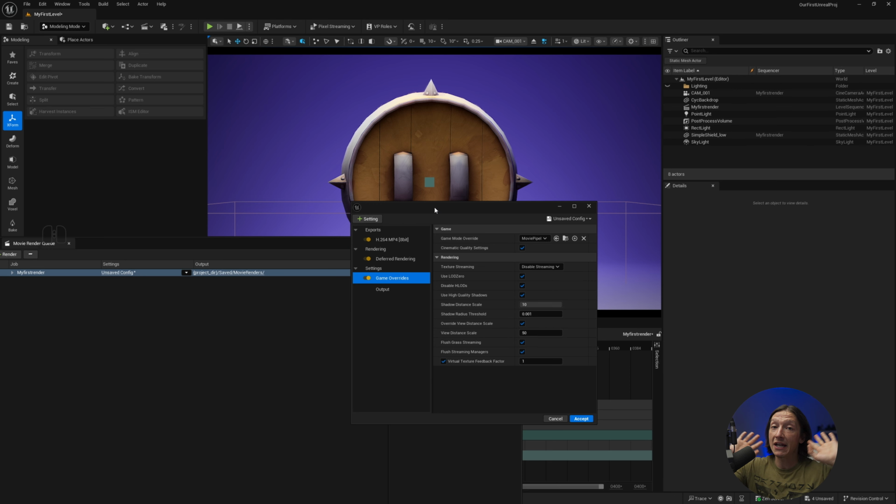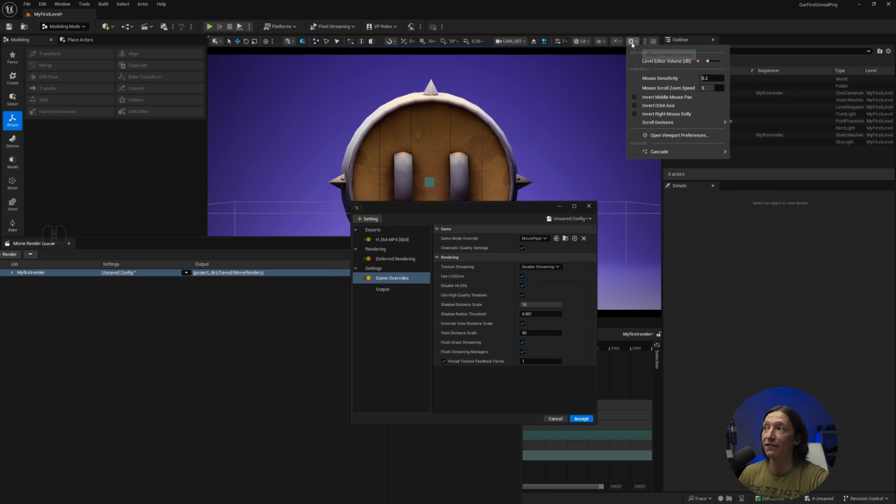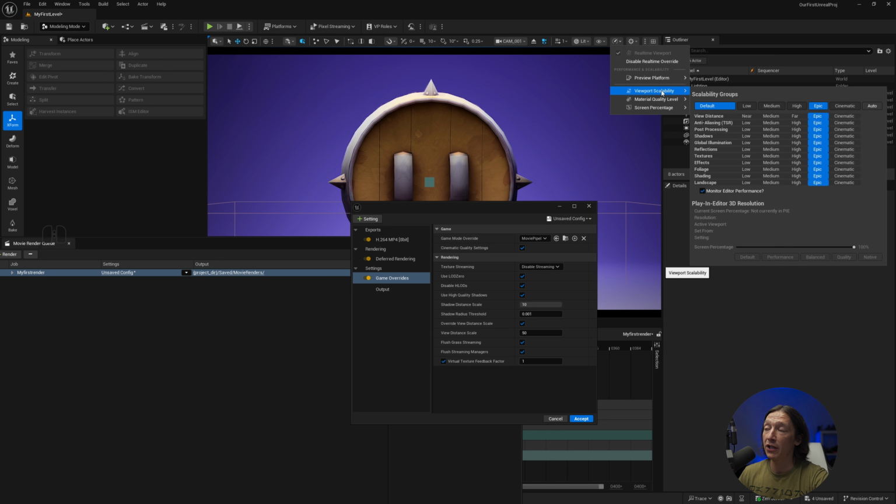It's not going to be an amazing thing unless you add in a bunch of cool visual effects and stuff, but it'll try and make it look as if it's the highest quality possible. Now, if you don't know what that quality is in Unreal, if you go to this speedometer right here and you go to your viewport scalability, we can see that we have different sort of graphics card